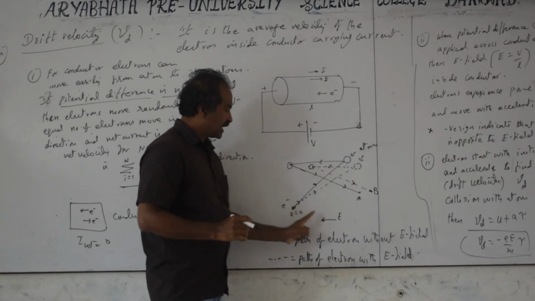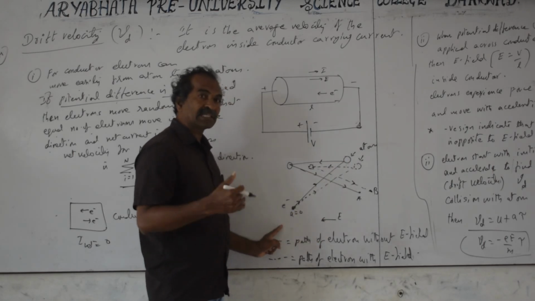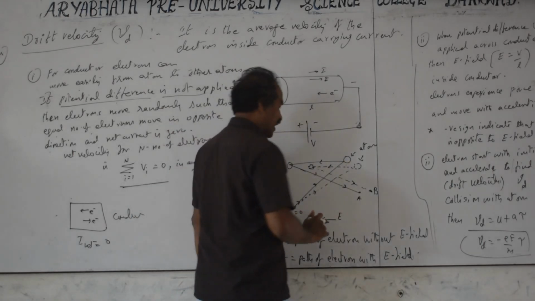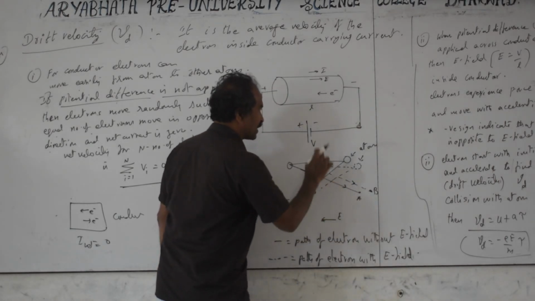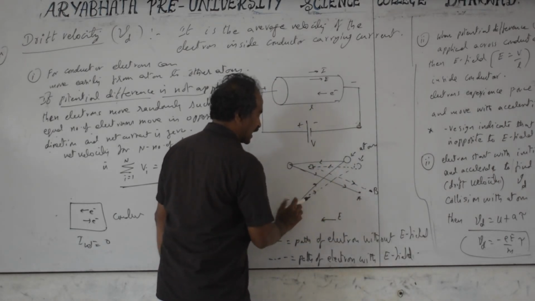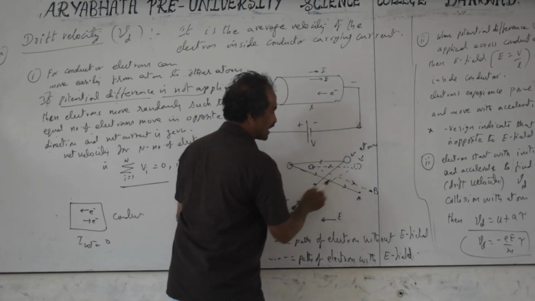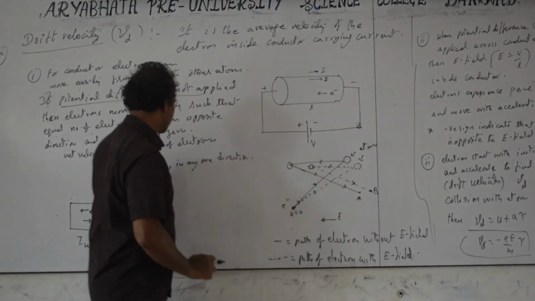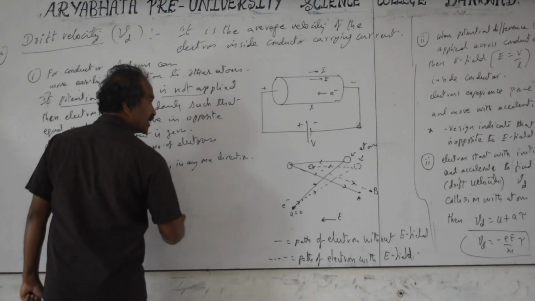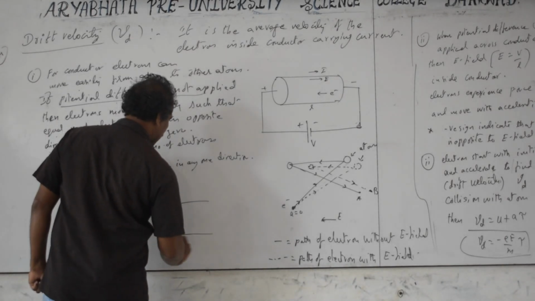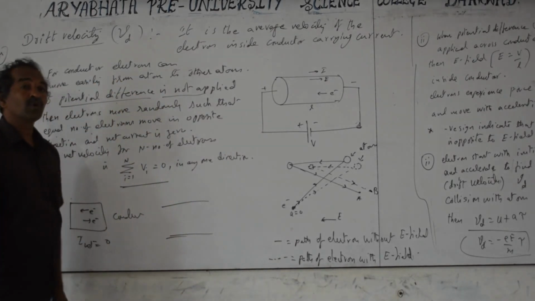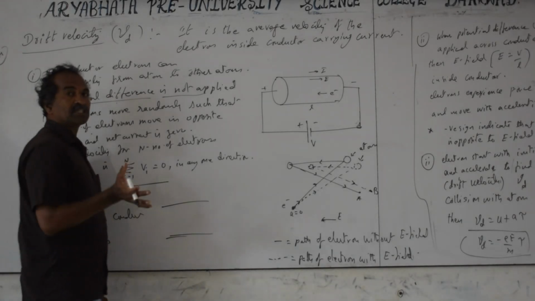But the electric field is applied in this direction, so the acceleration is in the opposite direction again. So the force acting on the electron is in the opposite direction because of the negative charge. Then the electron, instead of going here, is pushed in this direction. It means drifted, we call it drifting. Already discussed, drifting means what? It is a force acting on the particle in a different direction than its own motion, and it tries to push it in some other direction.